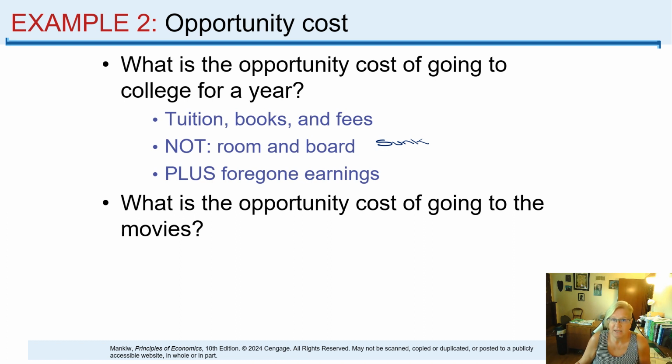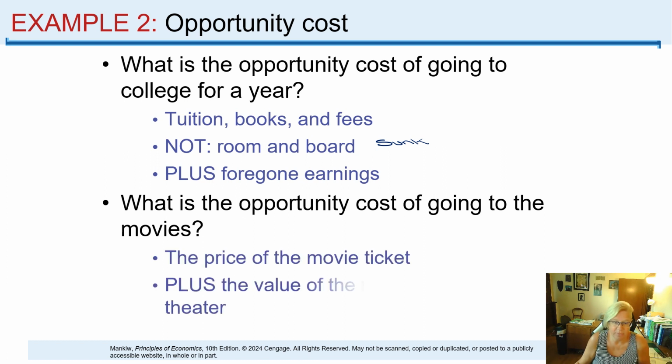Again, it might be the time. It might be your spending time studying. Time tends to be a good one. The cost of the movie should be factored into that because you wouldn't be spending that cost if you're at home. Here's an example problem.